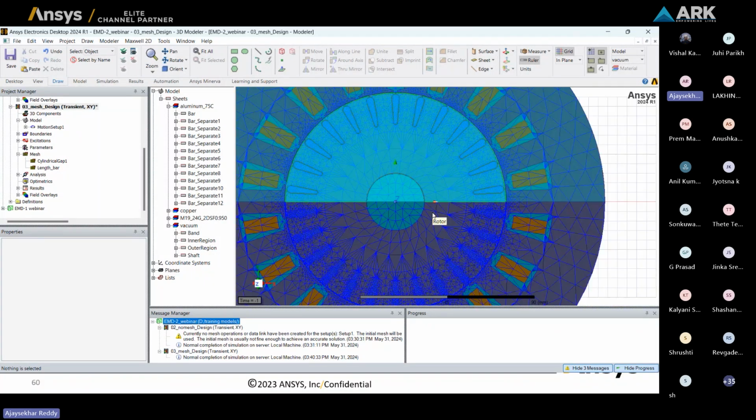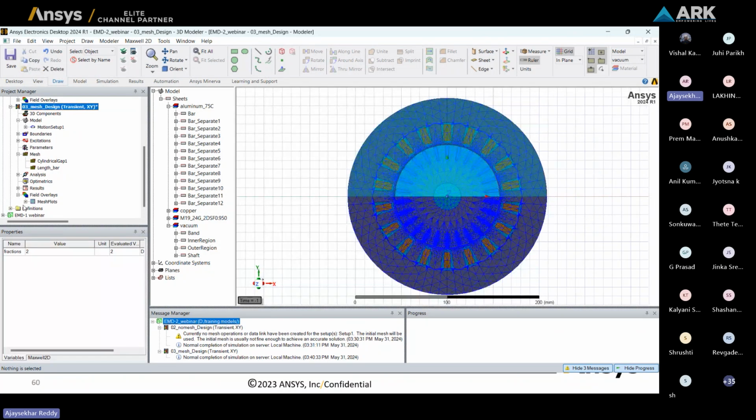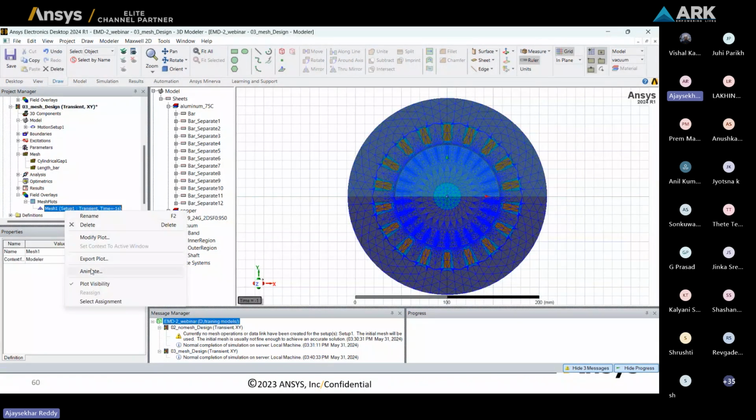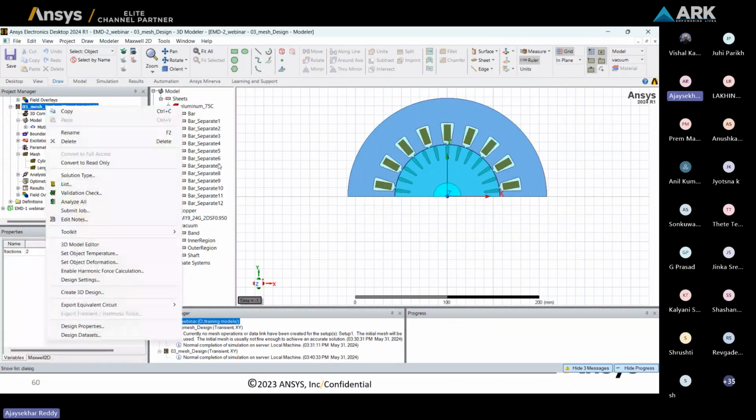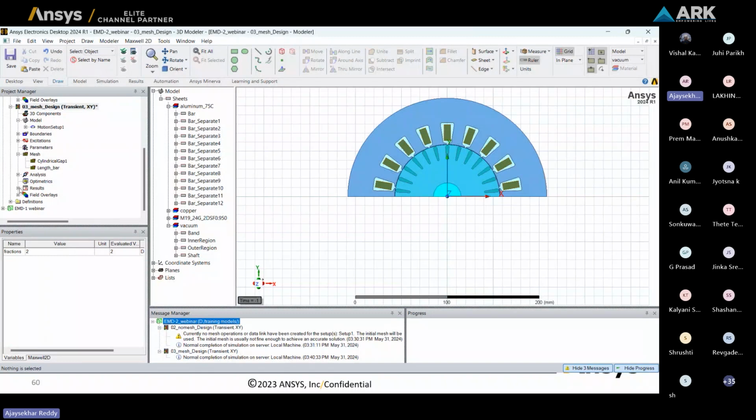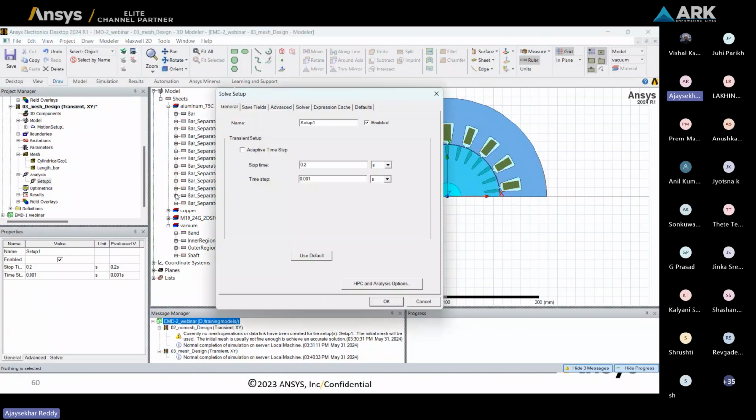Now let's see how exactly this meshing affects our result. Let me hide it. Now let's analyze this. And also let's change the time step, because the time step also affects the result a little bit. So let's reduce it to 0.2 milliseconds, so that we can cover